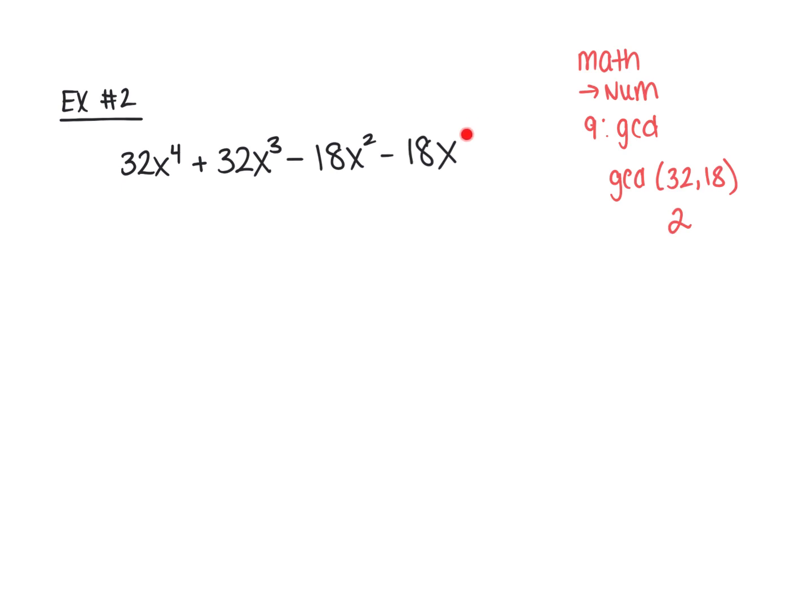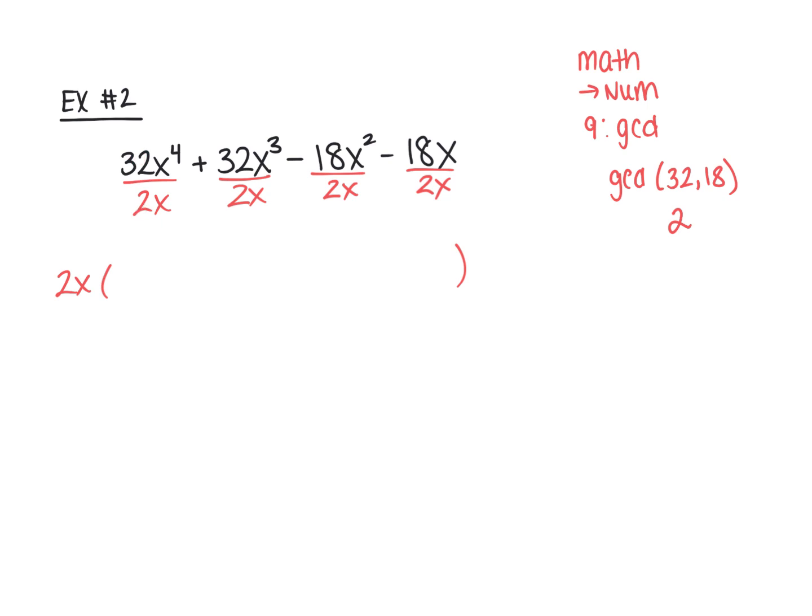So this exponent is 1. So I'm going to take that one out as well as the 2. So my GCF in this scenario is 2x. So I'm going to divide each of the pieces first by 2x. Now with a GCF, you pull it on the outside, followed by an open parenthesis, and then you do your